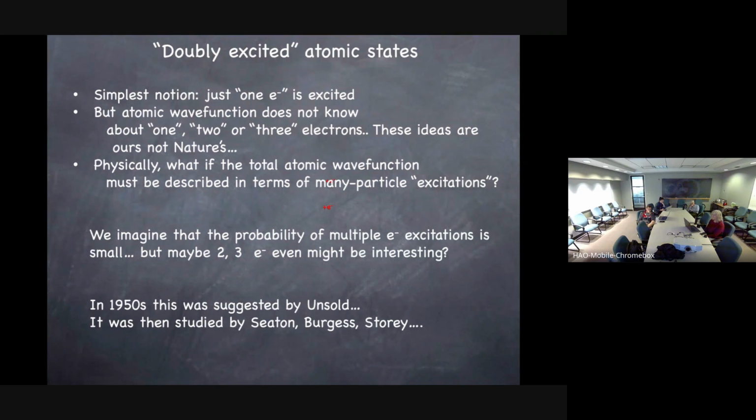But this was a puzzle for a while until Unsöld suggested there's enough of I over kT here such that it's not just knocking one electron off, but we might have enough energy to knock one electron off, and then a little bit higher energy would excite an inner atom electron as well. And if that's the case, then it might end up affecting things like ionization equilibrium, because these photoionization